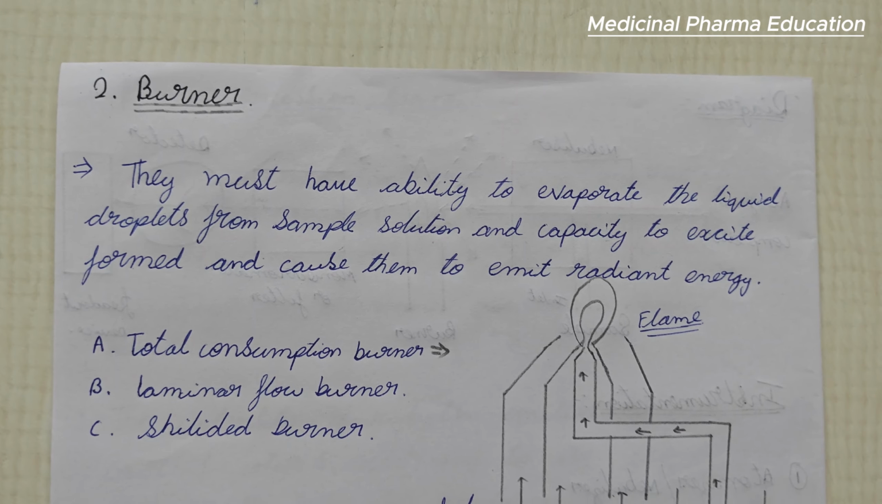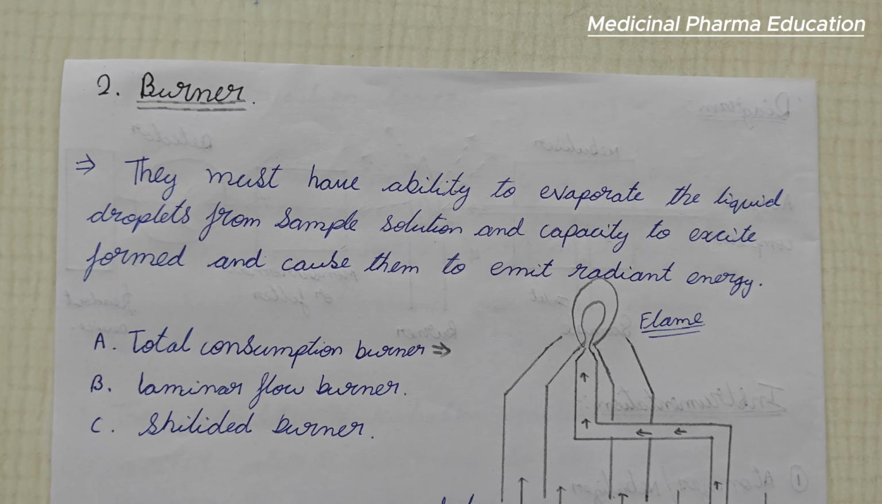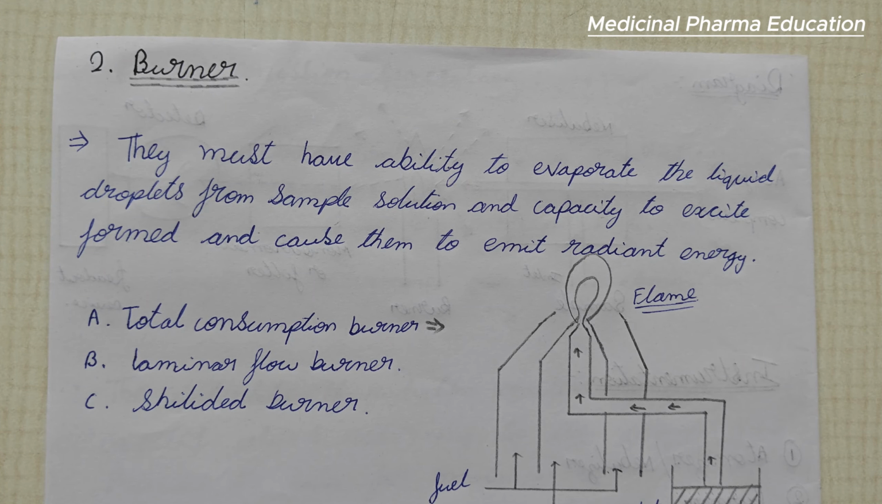I already said, the burner is used to excite the sample from the ground state to the higher state, the excited state, where it emits the radiation back. The energy or radiation emitted back is used to detect or analyze the sample. There are mainly three types: total consumption burner, laminar flow burner, and